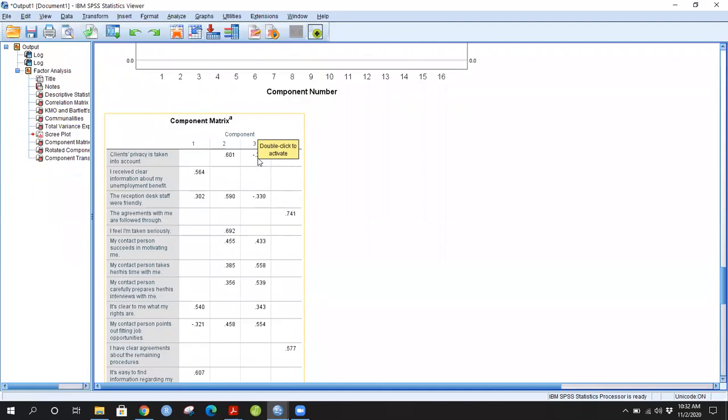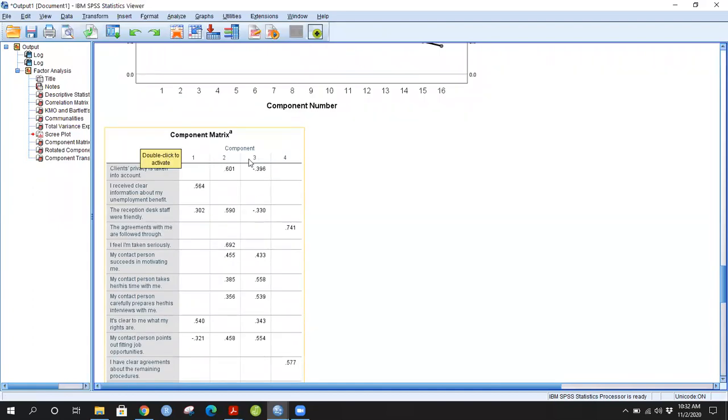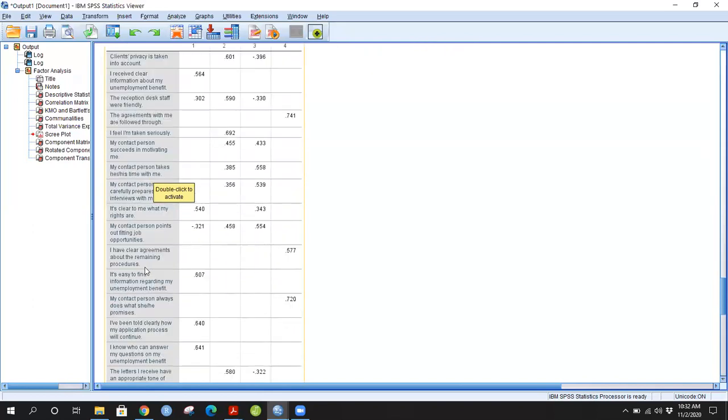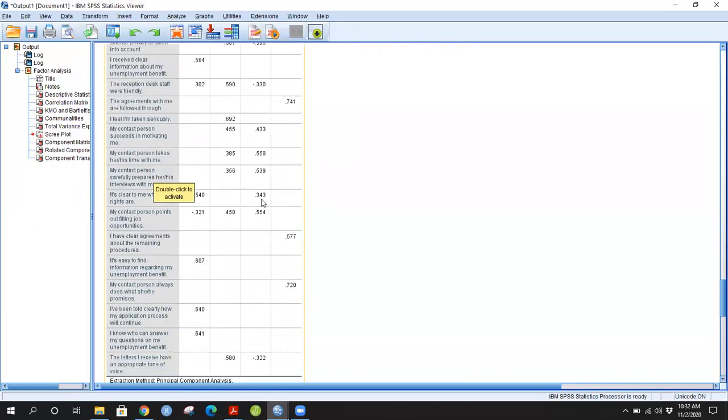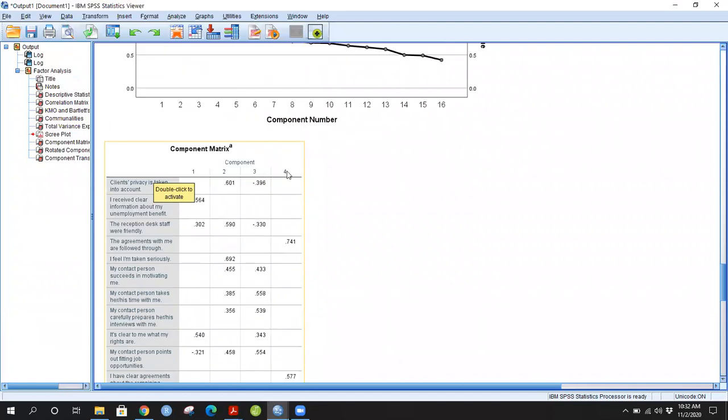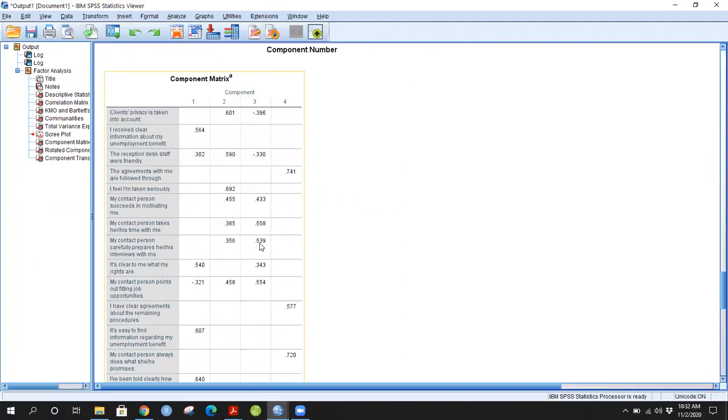However, if a variable has more than one substantial factor loading, then we call such loadings cross loadings, as you can see right now. So for example, your first variable has two loadings, the third variable also has three loadings. Likewise, I think there are many variables showing more than one meaningful loading. All of these scenarios are called cross loadings. And as I said, we do not like this scenario. This just complicates our interpretation. So what's the way out? The way out is rotation.